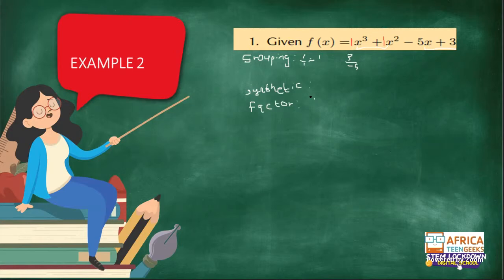So if we try f of 1, you'll see that you get 1 plus 1 minus 5 plus 3. Okay. So this would be what? Negative 1. So this means x